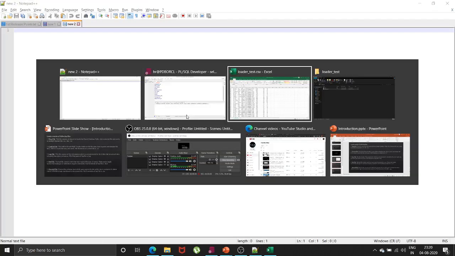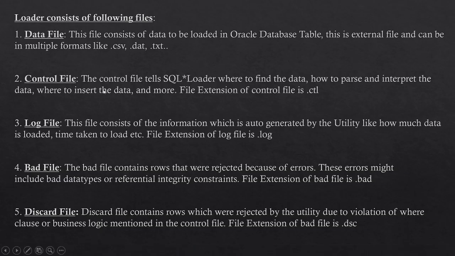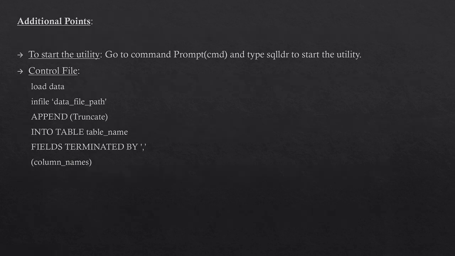Before that, I will tell you that there is a certain format for a control file. Let us see what that format is. If you see, I have written load data. Now there is a particular syntax for certain things, so this load data you have to write as it is. Then in file, in quotes, I have mentioned data underscore file underscore path. This is my external data file path present in the system, so I will copy that same path and provide it over here.